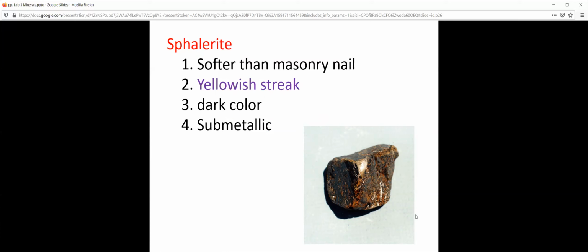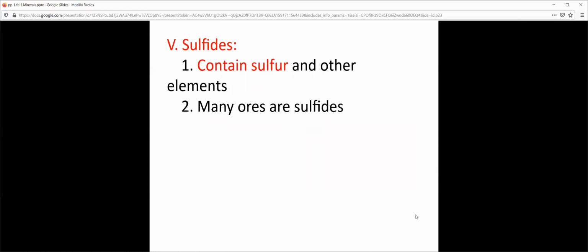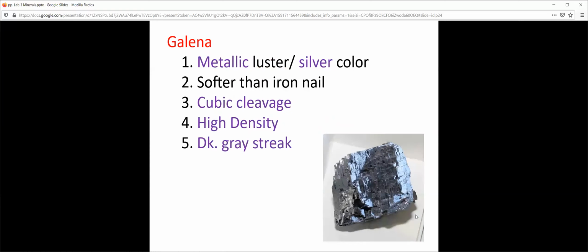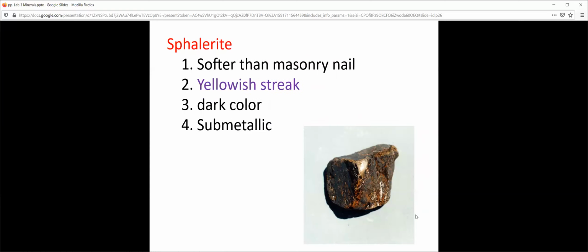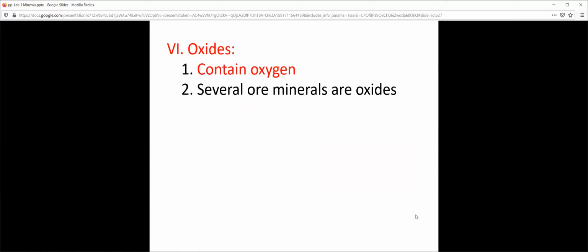A good way to tell safflerite versus any other mineral is with streak. Notice here, all the sulfides, a key characteristic of them is streak, as said before, right? Safflerite gives a yellow streak. It may look kind of brown amber color, but its streak is notably different. And streak is not something that other rocks necessarily have. Potassium feldspar does not have a different colored streak.